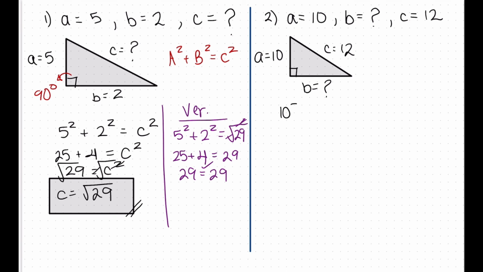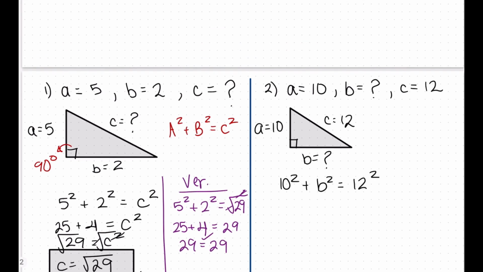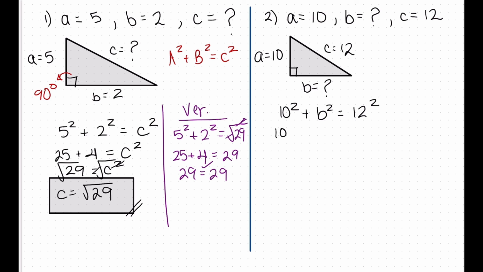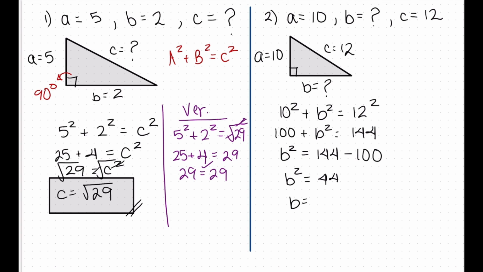So we have 10 squared plus b squared equals 12 squared. 10 times 10 is 100, plus b squared equals 144. And we transfer this over here. So now we have 144 minus 100, and b squared equals 44, and b equals the square root of 44 to get rid of that square. There we have it,